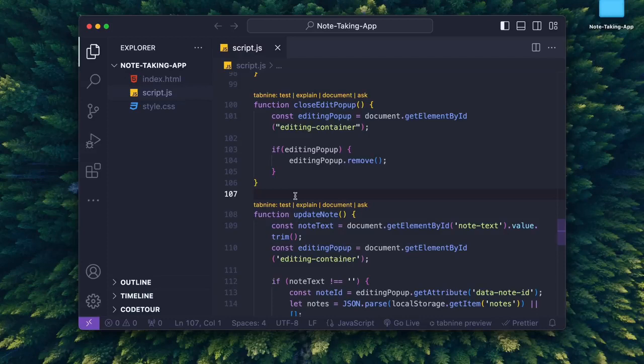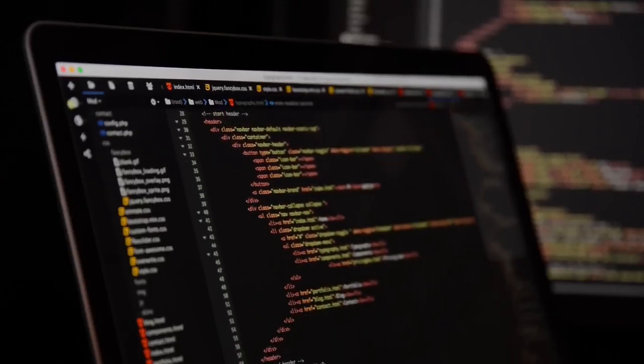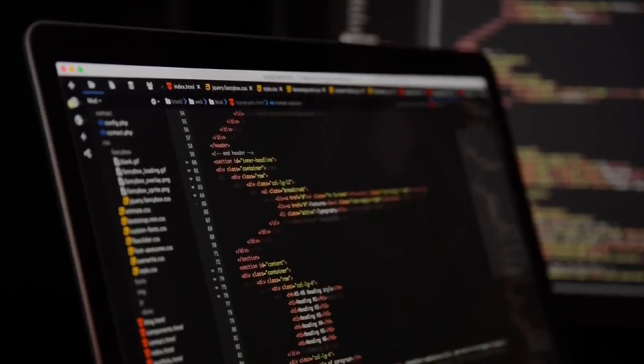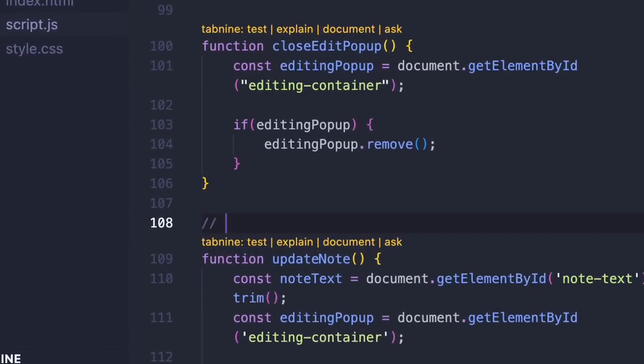They'll write a comment there just to remind them. Now, by all means, this is a great thing to do, but the problem with this is in large scale projects, your comments can get lost in your code very, very easily. So with this extension, To Do Highlight, what's going to happen is we're just going to use a keyword